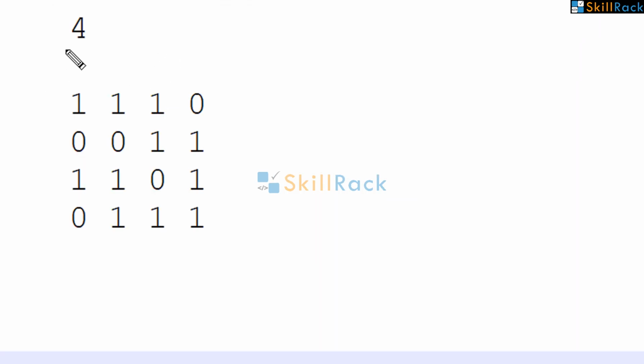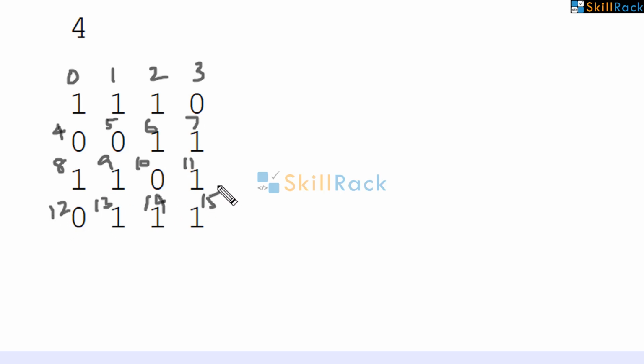So now we are given a 4 cross 4 matrix. So we are going to number them from 0 to 15. So 0, 1, 2, 3, 4, 5, 6, 7, 8, 9, 10, 11, 12, 13, 14, 15.